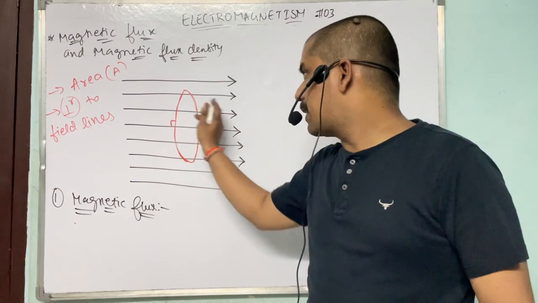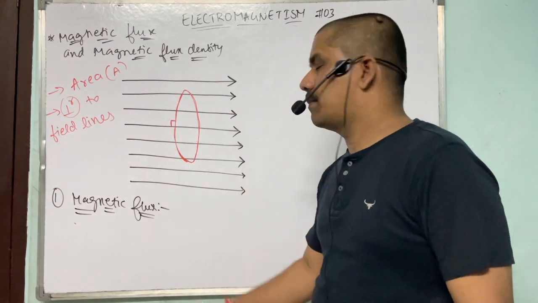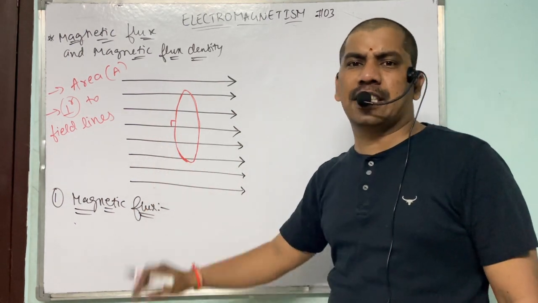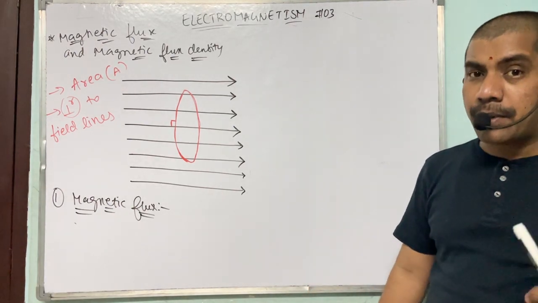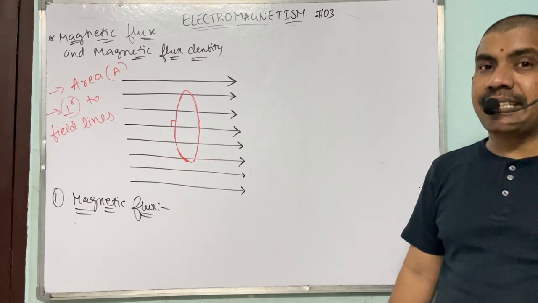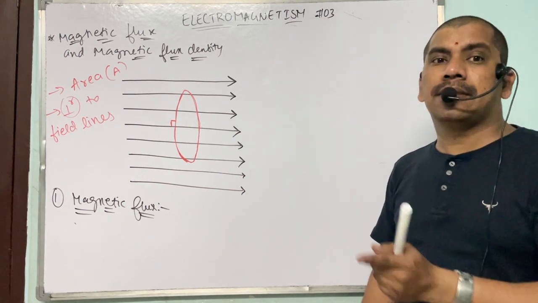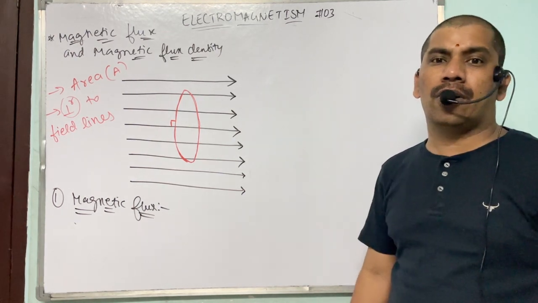See how many lines are passing? 1, 2, 3, 4, 5. So magnetic flux is 5. Getting my point, everyone? So the number of magnetic lines passing through the given plane of area A,